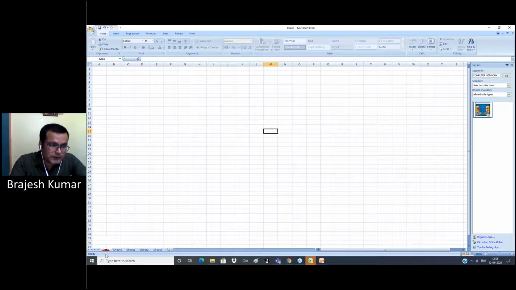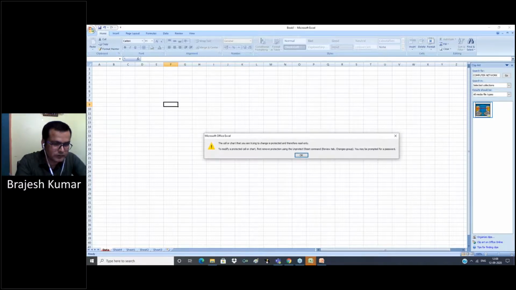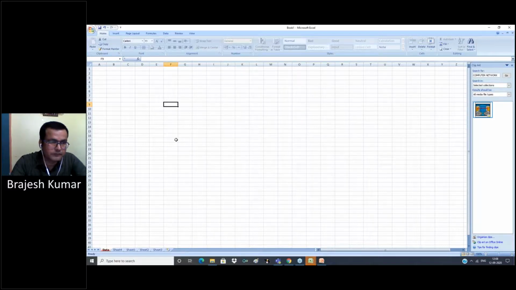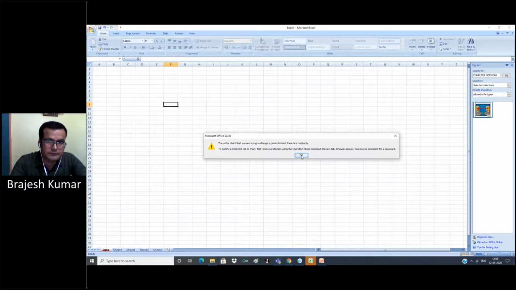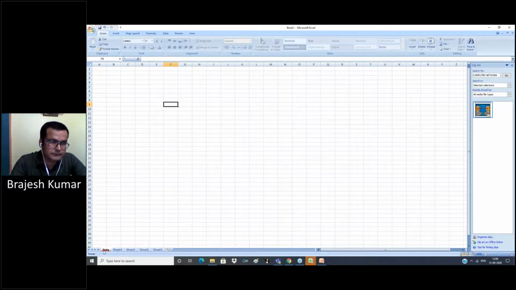Below this is called a status bar. When here shows ready, it means nothing is entered in Excel. When we enter something, now this sheet is protected.